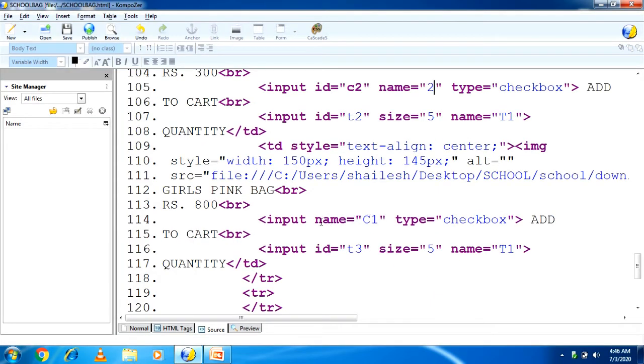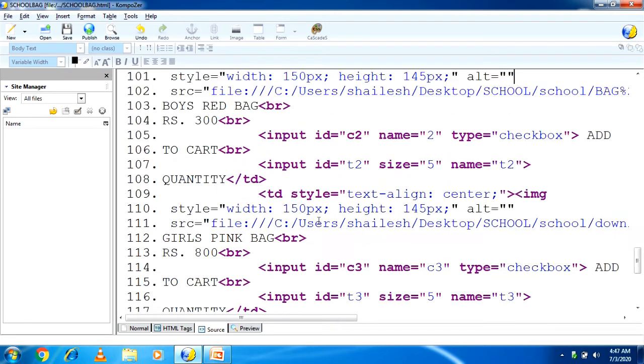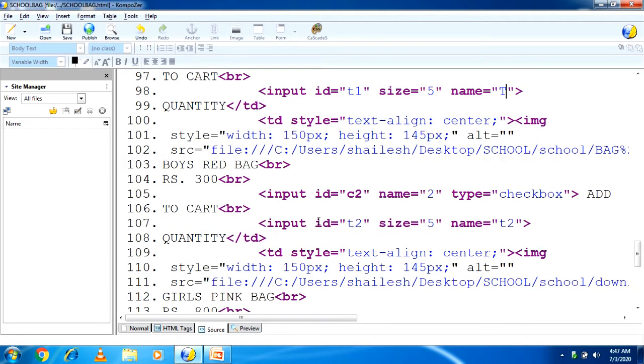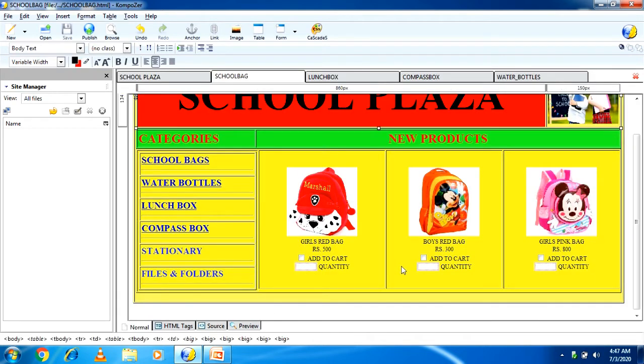Okay. Now third, ID is equal to C3 and name also here you have to write C3. Why? Because the text box ID is T3, so here also the name you have to write T3. Here the name you have to write T2 and here the name you have to write T1. So this is your first step. Okay student, understood?